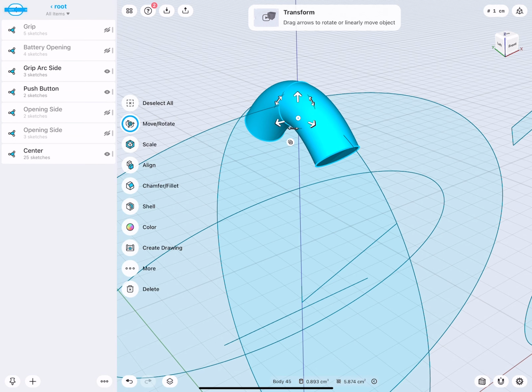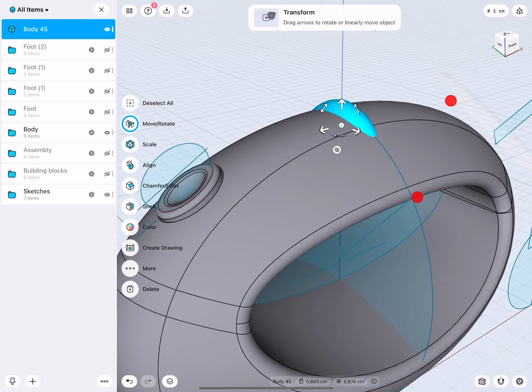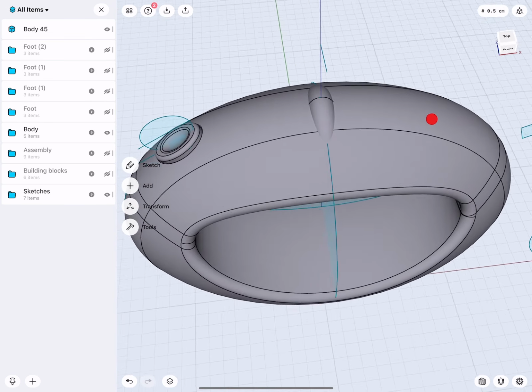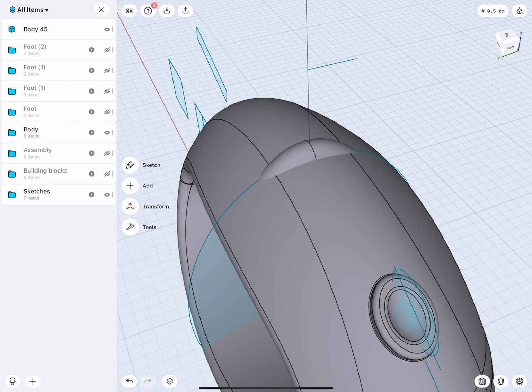And then this we move out. Let's take a look. Very good. And there we are. And the further the ends go down, the shorter the distance will be.